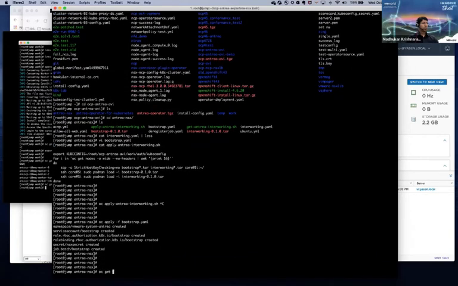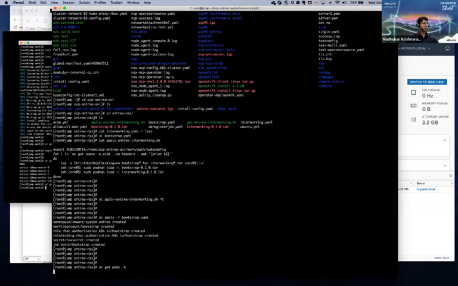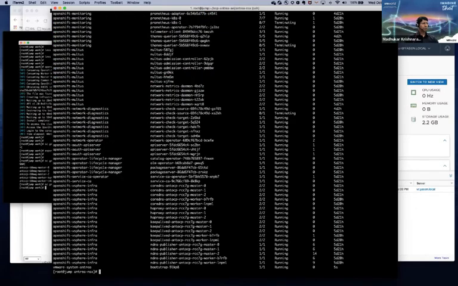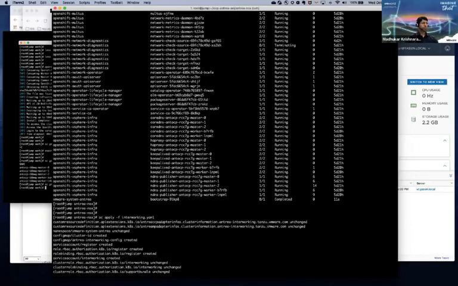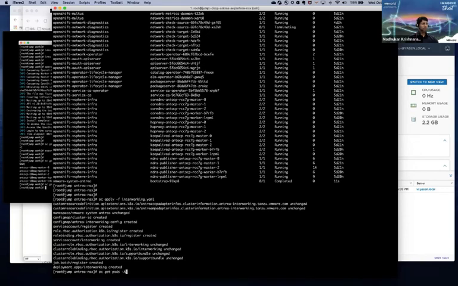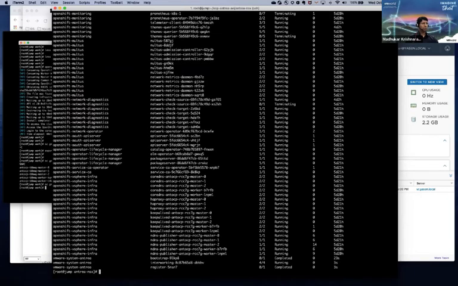And if we look at pods -a at this point, you will see the bootstrap pod getting created. It'll run and then it'll complete. This is expected. And then interworking.yaml. Again, this will actually have a pod that is running. Everything looks good. So once this is done, now if I go look at my NSX manager,